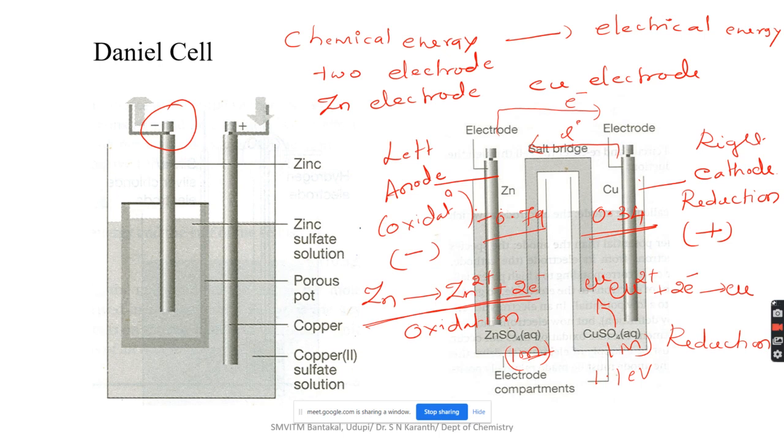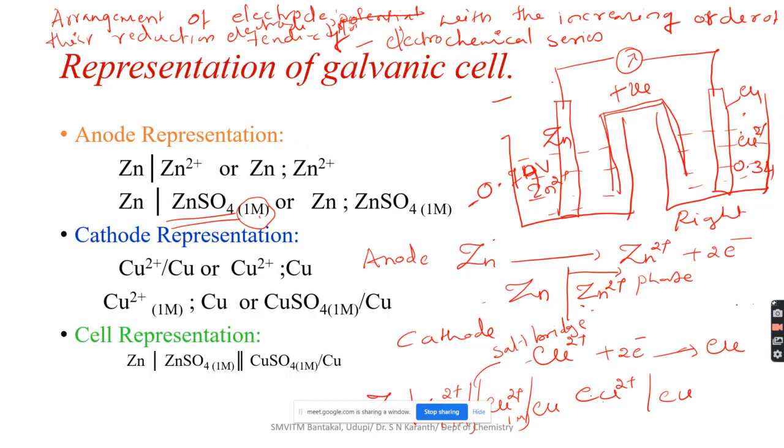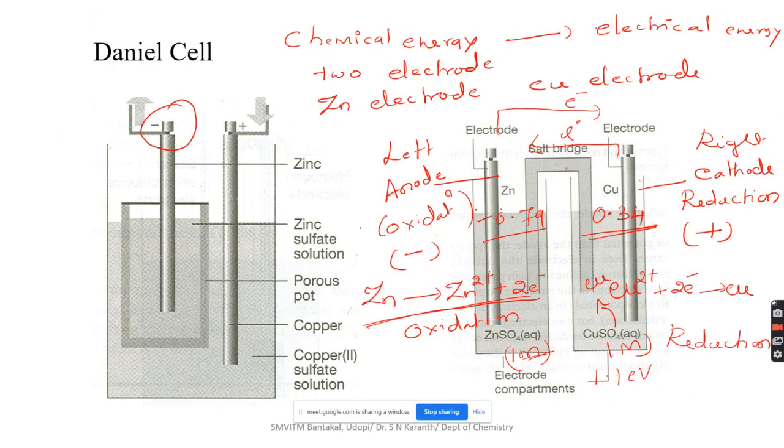In the Daniell cell, the electrode which possesses a lower electrode potential acts as the anode and the one with the higher electrode potential acts as the cathode. In all electrochemical cells, the electrode which possesses a lower electrode potential, we place on the left side, and the electrode which possesses a higher electrode potential, we place on the right side. The electrode placed on the left side usually undergoes oxidation and takes a negative charge, not positive charge, whereas the electrode which undergoes reduction takes a positive charge. The reason is, in the case of